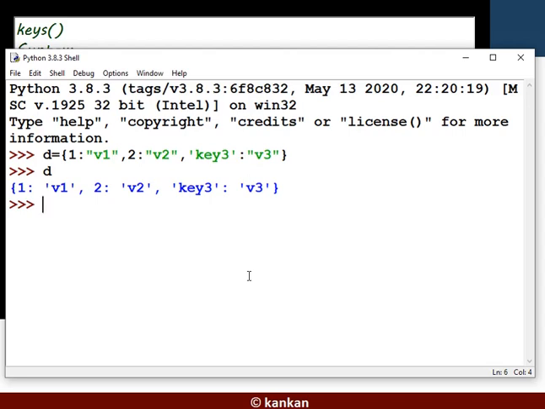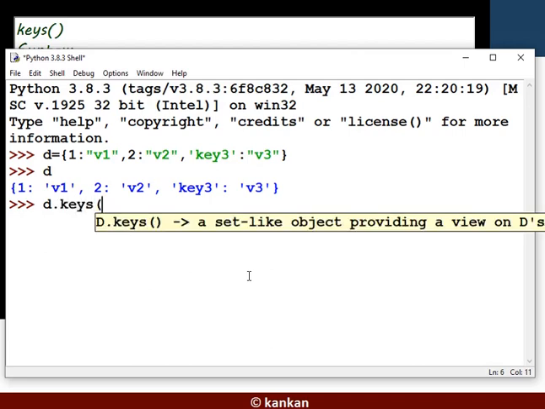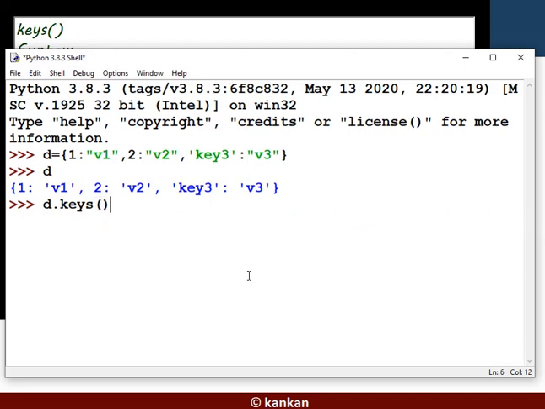Now access the method through this object. So what will be the output? The keys will be displayed. So the keys for this dictionary D will be key 1, key 2 and key 3. Only the keys will be displayed.